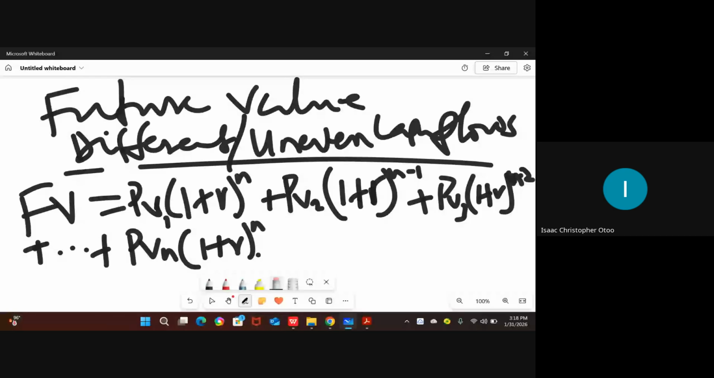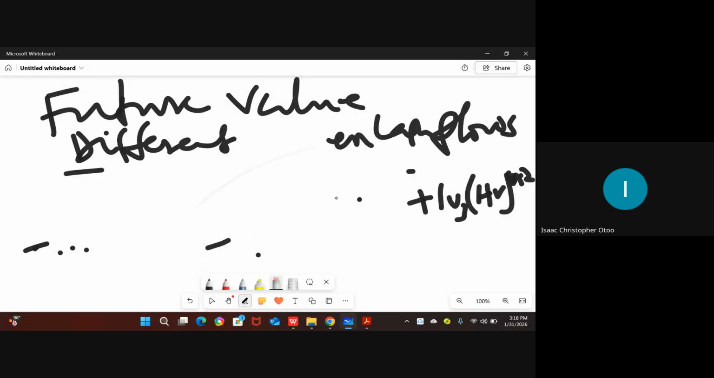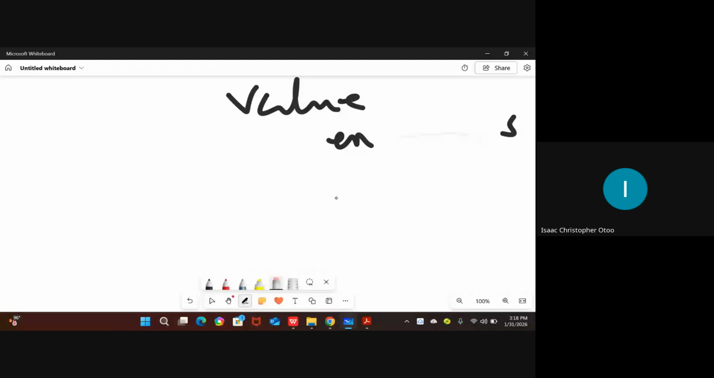So let me see. Okay, let me give an example for us to see whether we have understood it. For example, Savannah has the following cash flows to invest in an insurance policy, and the cash flows are